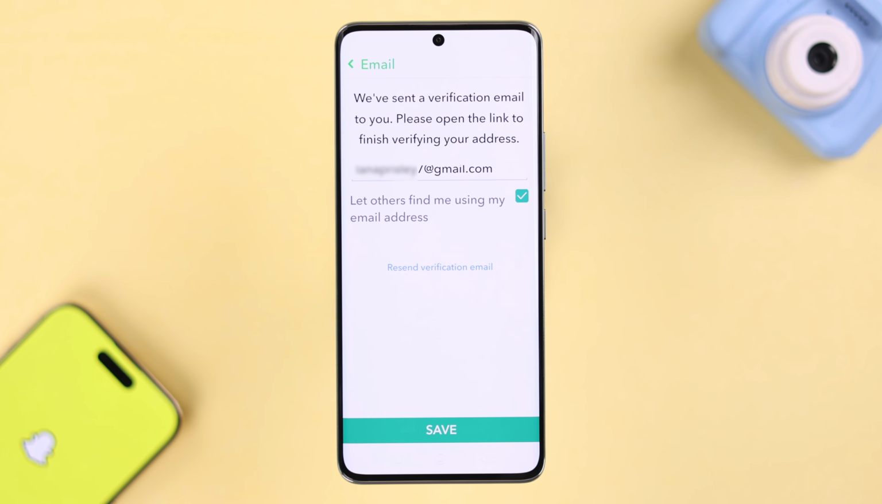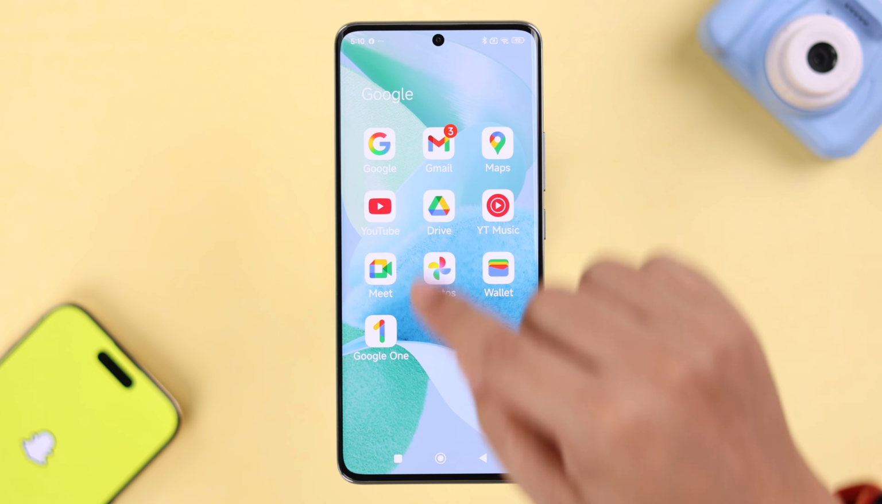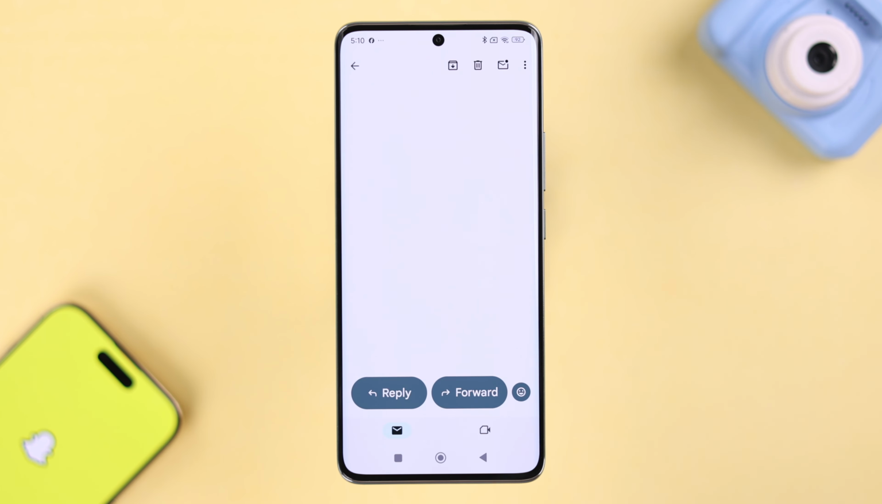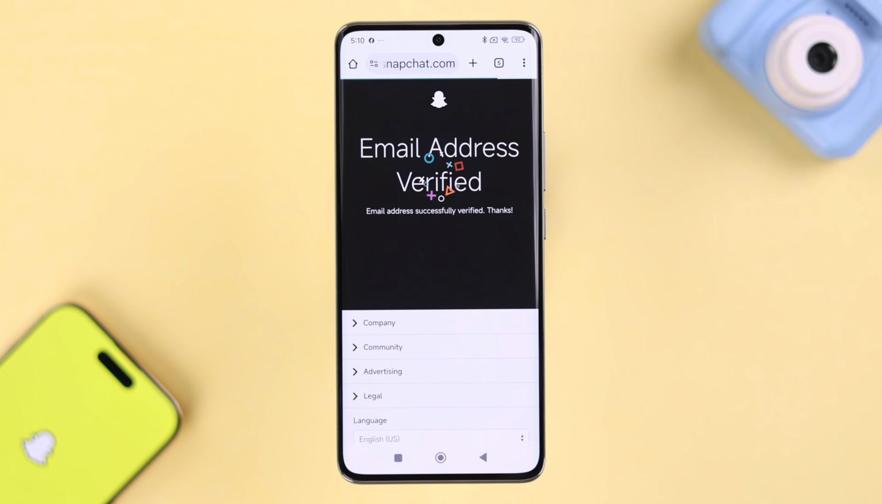Now as you can see, a confirmation mail is sent to that account. So to protect your account, you gotta check the inbox, open the mail, scroll down and tap on confirm email. You'll be redirected to a web address, and if everything is okay, you'll see that this new email is now